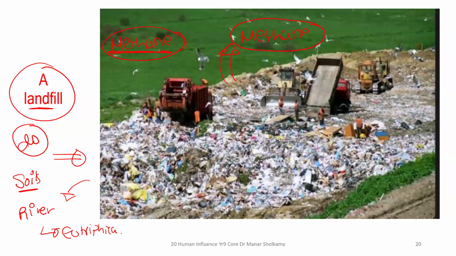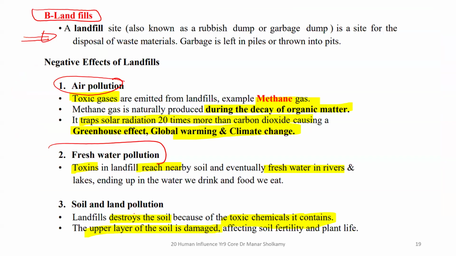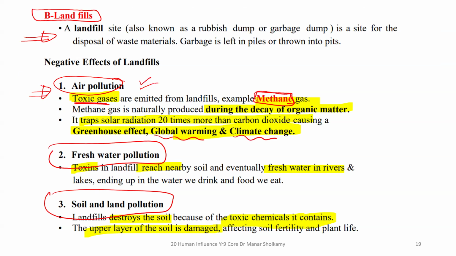So this is another form of land pollution called the landfill. This landfill, it will pollute your air and pollute your fresh water nearby and destroy your soil. How does it pollute your air? It releases toxic gases, example, methane, that results due to the incomplete breakdown of organic matter. And methane, just like CO2, it will cause global warming and climate change. I hope this is clear. The landfill, this is the landfill. This landfill is going to